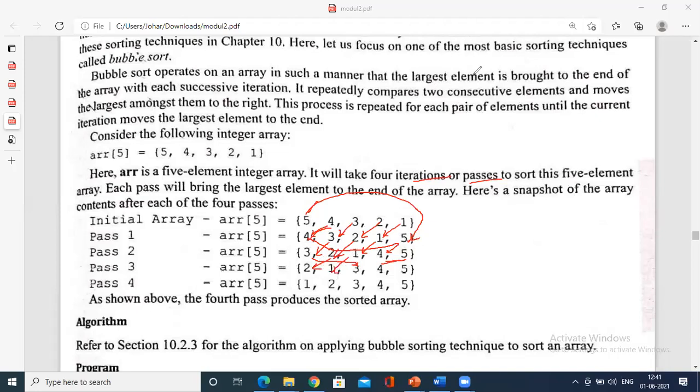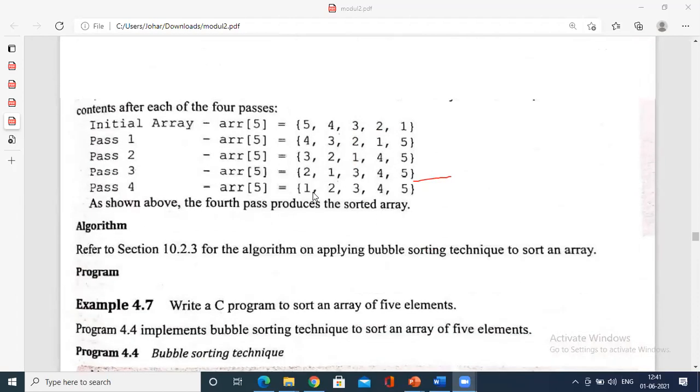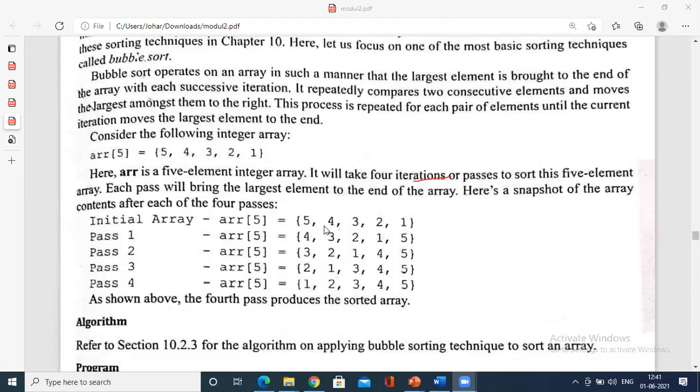So this is one of the ways to sort: bring the largest element to the end of the array. Each pass will bring the largest element to the end of the array. This is the flow of the structure that has been shown to you. The initial array is descending: 5, 4, 3, 2, 1. With these passes we are going to get the final array in ascending order. How do you do it? By passing the largest element to the end of the array, then sort it. Again, largest element to this position, largest element to this position, right?